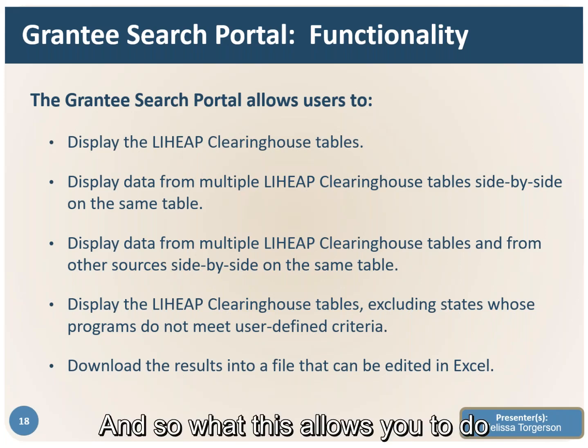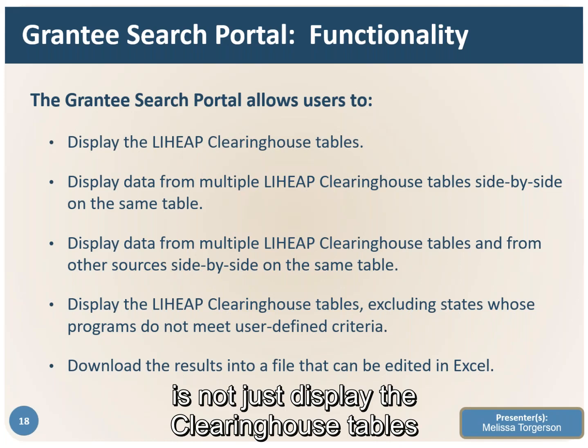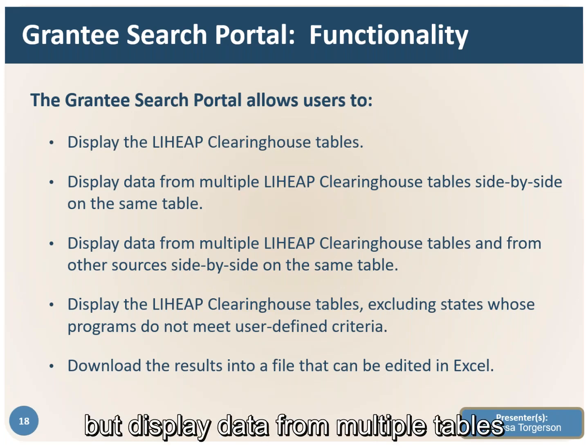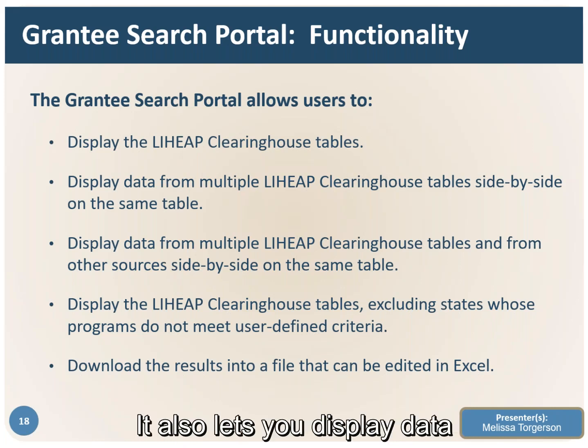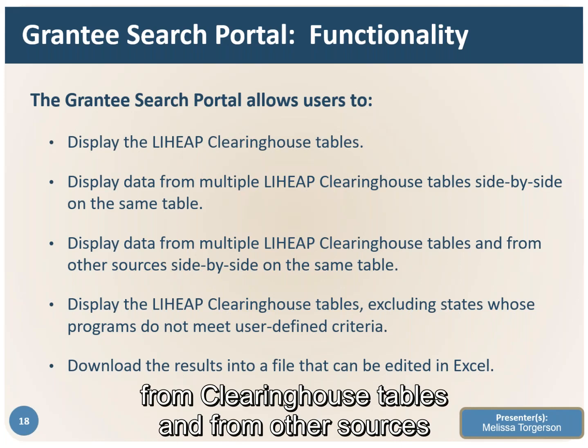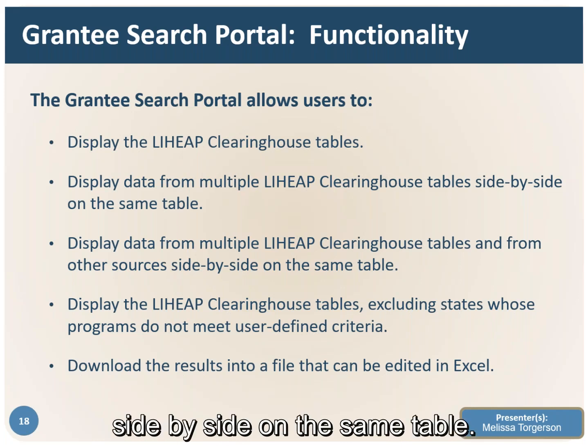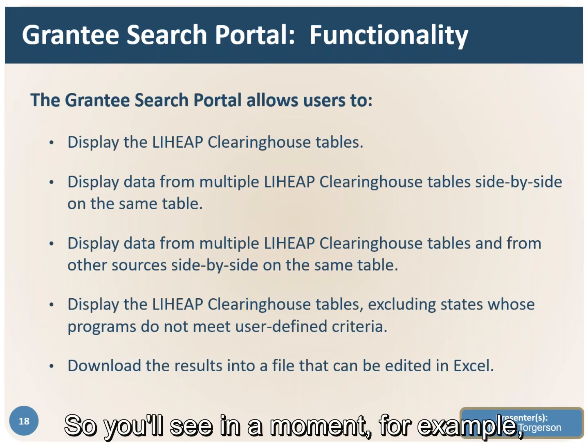And so what this allows you to do is not just display the clearinghouse tables, but display data from multiple tables side by side in the same place. It also lets you display data from clearinghouse tables and from other sources side by side on the same table. So you'll see in a moment, for example,